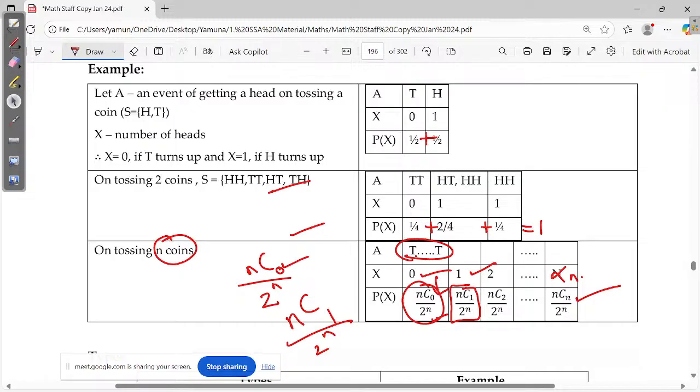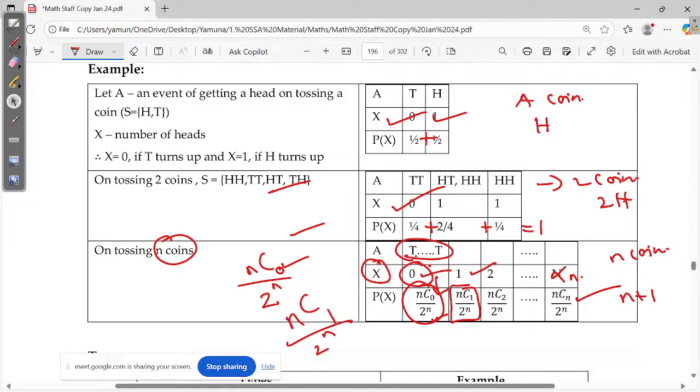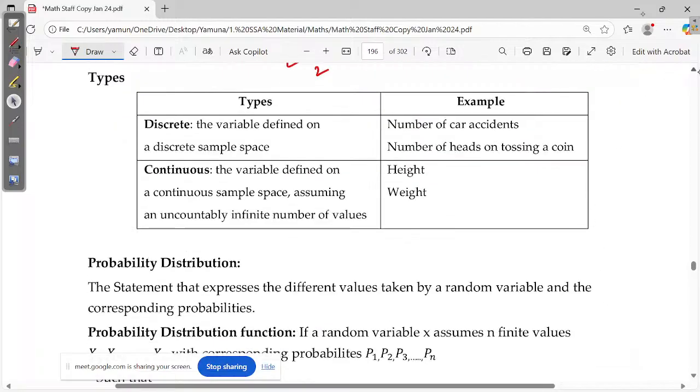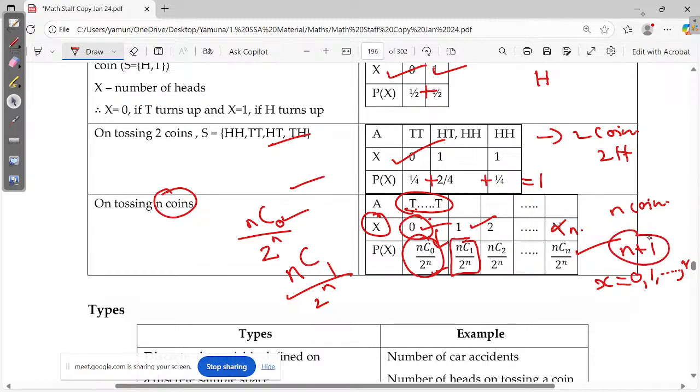So, the number of values you get. Please make a note, this was also asked once in the exam. You're tossing a coin. How many values will there be? Look, 2, because tail and head. You're tossing 2 coins. How many heads will you get? 2 heads, 1 head and 0 heads. So 3 boxes, 3 columns will come. Here n coins. So how many values does x have? n plus 1 values, because you have to include the 0 for all tails. Where do the values of x start? 0, 1, 2 up to n. But how many x values will you have? n plus 1 x values. Look at these carefully.